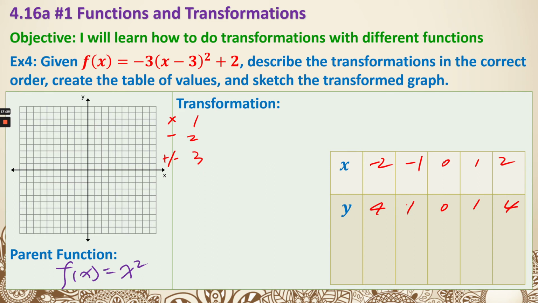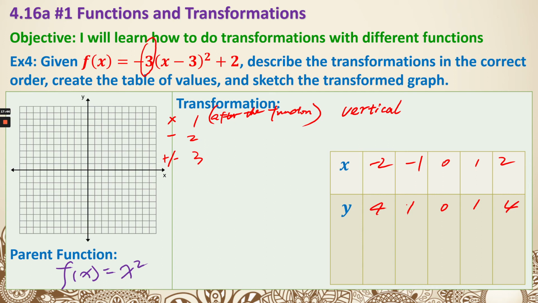So let's start with the first one. I do see I have a 3 in the front. So that is clearly after I do the subtract 3 and the square, then I multiply by the 3. So that is after the function, which means it's going to be a vertical